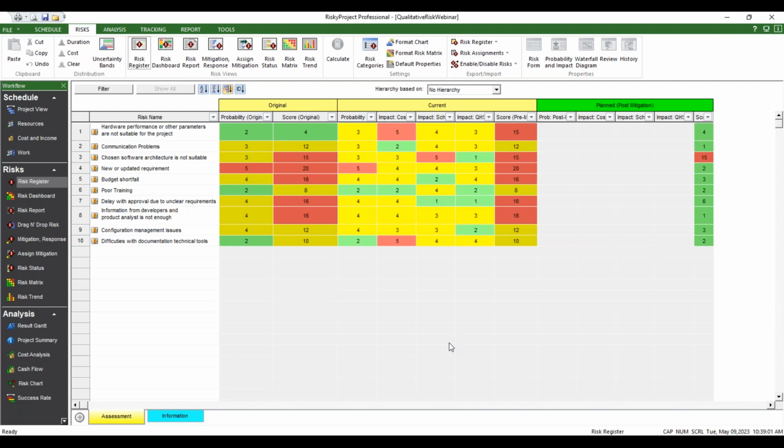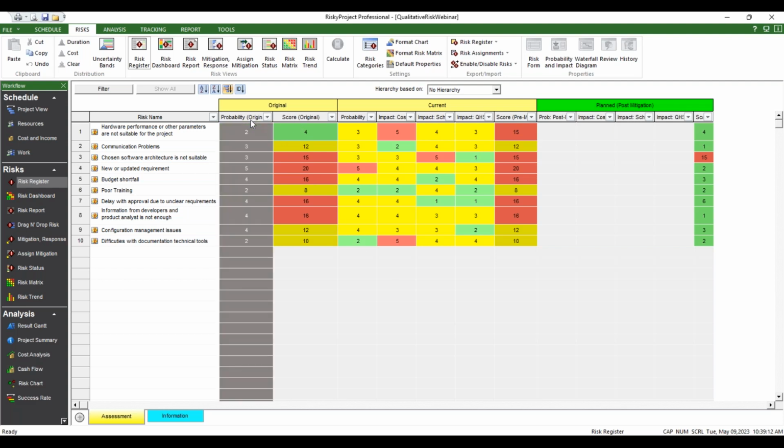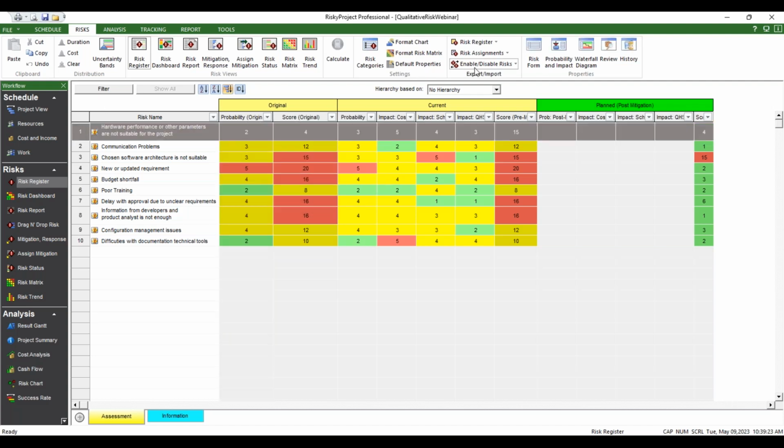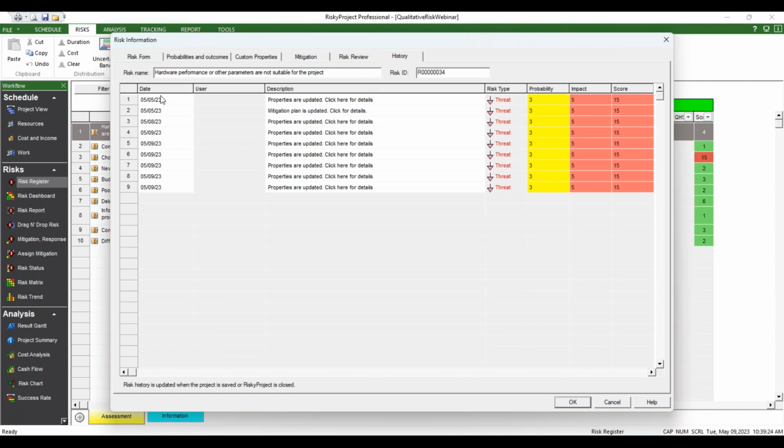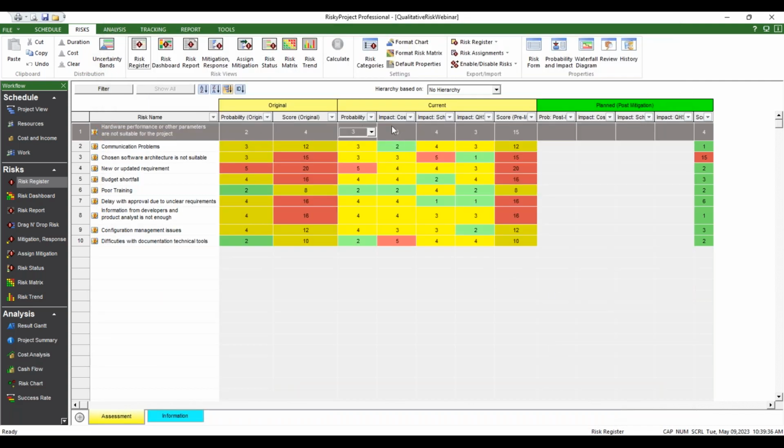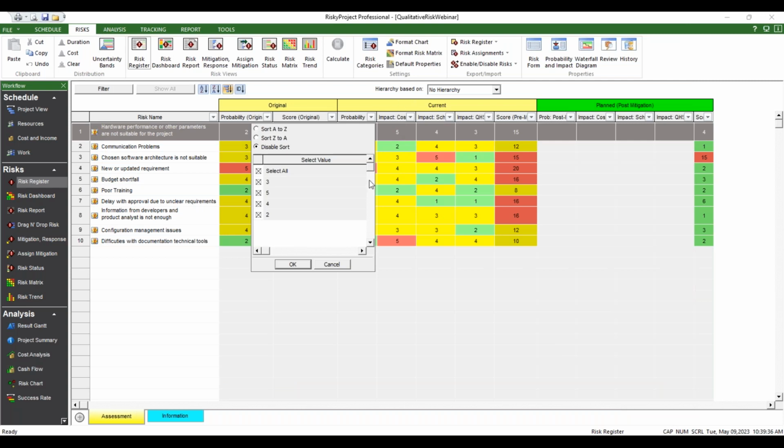So one of the things when we're setting up and customizing, I think a lot of people overlook that the risk can be in 3 different phases. There's the original, and that gets recorded in the risk history. So if we went over here, that would reflect what we have. Every time I save the file and update it, it gets saved to here. But it reflects the original. This reflects the current